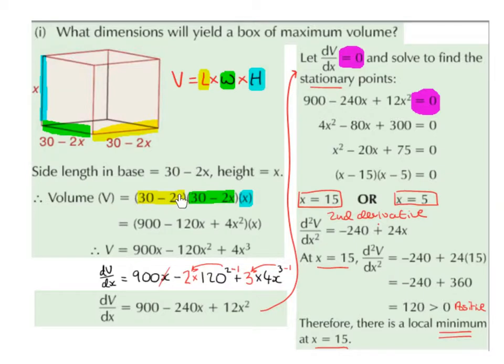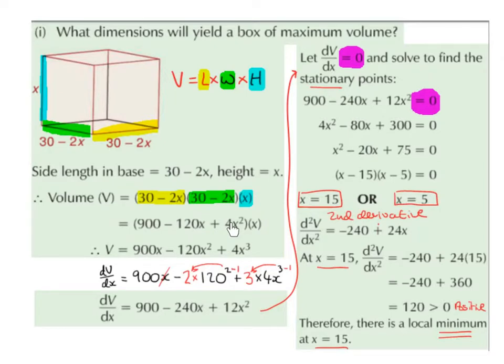Now 30 minus 2x multiplied by 30 minus 2x will give us 900 minus 120x plus 4x squared. And then we bring down that x with brackets around it as well. So 30 times 30 is 900. 30 times minus 2x is minus 60x. And minus 2x times 30 is minus 60x. And minus 60x minus 60x is minus 120x. And then minus 2x multiplied by minus 2x is plus 4x squared, because a minus by minus is a plus, and 2x times 2x is 4x squared. So we have 900 minus 120x